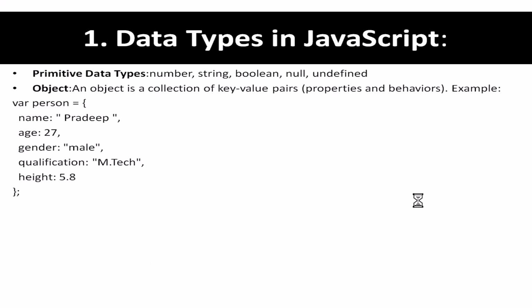Next, data types in JavaScript. So what are the different types of data in JavaScript? Already I have mentioned, if you are using normal C, C++ or Java, you are going to define the data type. But in the case of JavaScript, you are going to type the